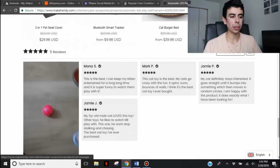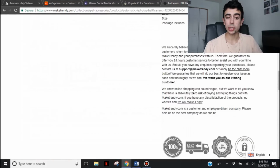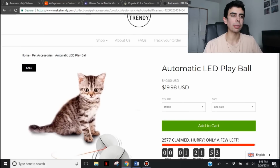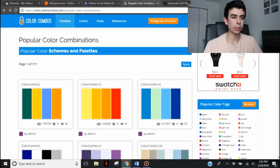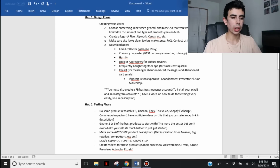Because look at, they have the Loox app, because pictures are going to be the perfect way for a customer to see what the product looks like in real life, from actual people. So that gives you a lot of social proof. Okay, here we go. And the other app that you're going to want to download is called the Frequently